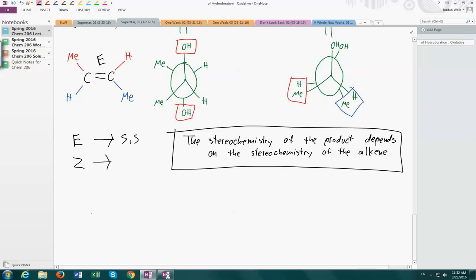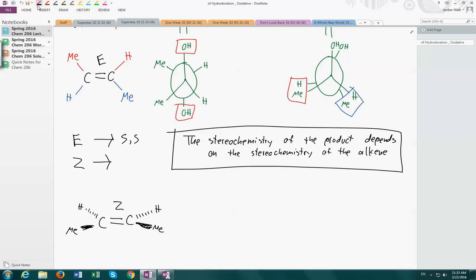I'll orient it basically, I'm going to flip it 90 degrees from the plane of the paper. So on the left side, we'll put a hydrogen on a dash, which puts a methyl on a wedge. And on this side, a methyl on a wedge. Are we all in agreement that this is going to be the Z stereoisomer? Yeah, definitely. So we've got the methyls on the same side. So we've swapped our methyl groups. We've now got the other possible stereoisomer for